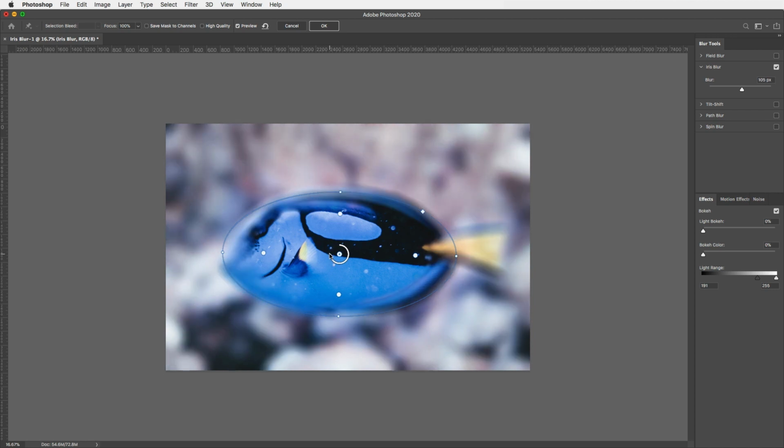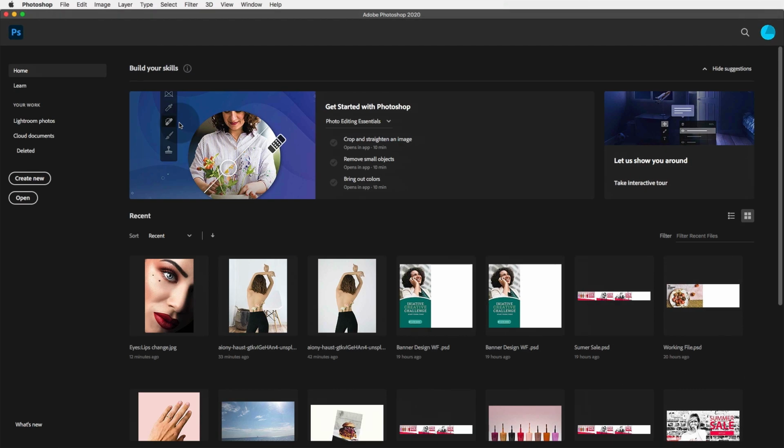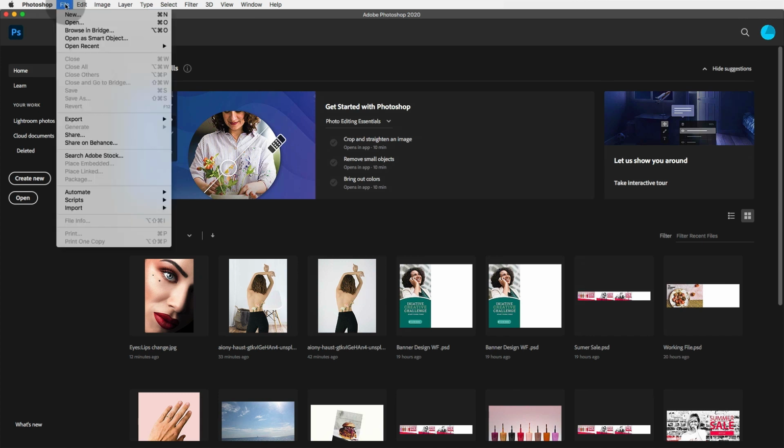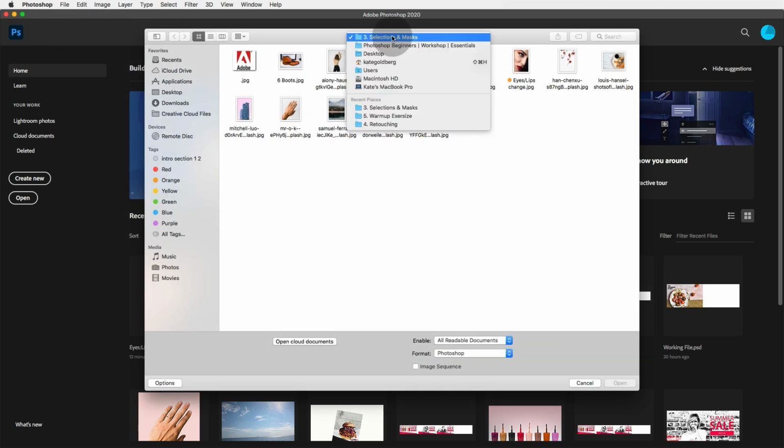Hey guys, okay, we're going to work with Photoshop filters this time. So let's go back to Photoshop, and what we'll do is open each of those images individually as a smart object and then add the filters to them. So if we could go to File, Open as Smart Object, make sure we go back to that folder